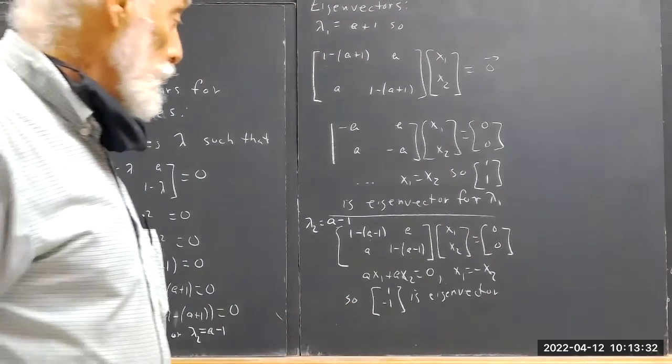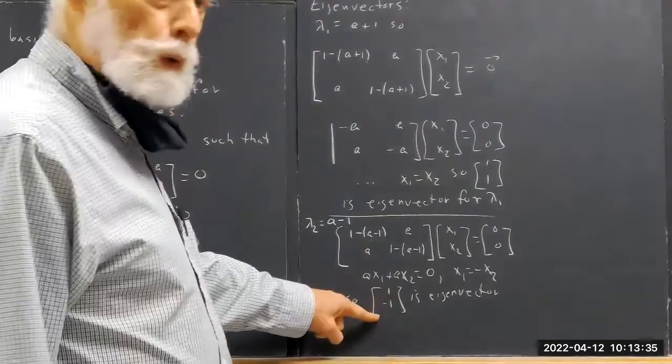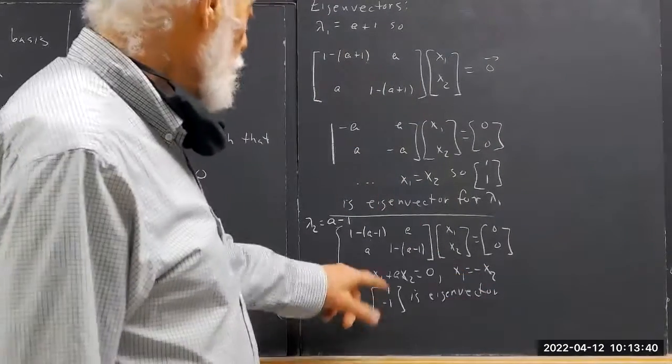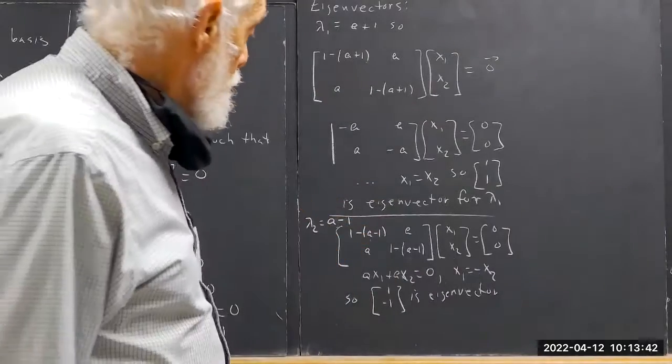Okay, and everybody got that. I mean, you could have had negative 1 here and 1 here. It's arbitrary. You just have to choose a multiple of this. Okay, and then